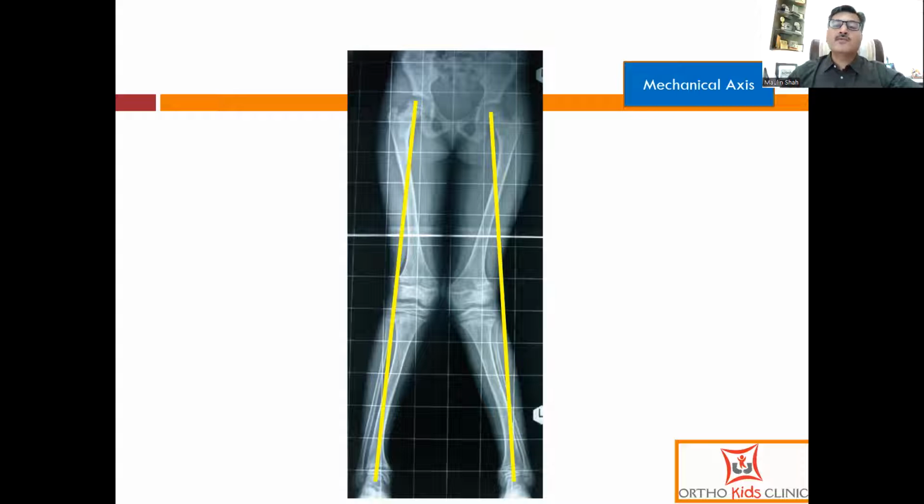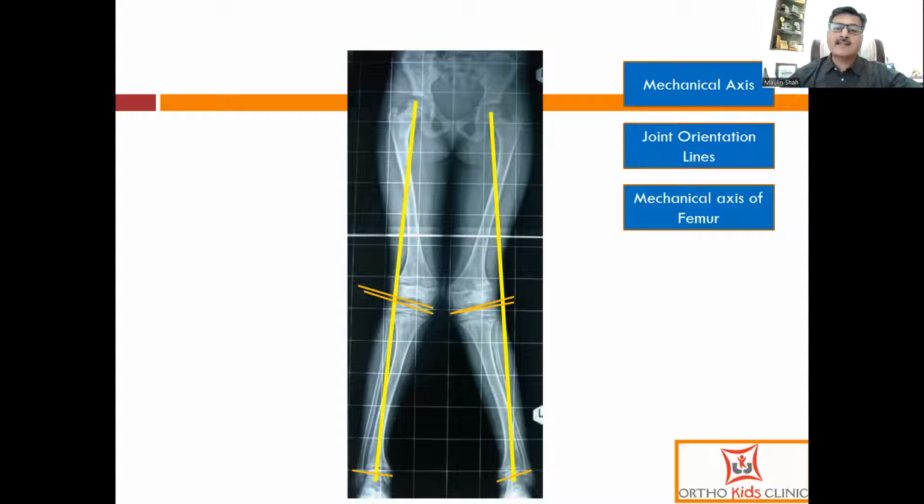The second step is to draw an anatomic axis, or the joint orientation line, which is placed by matching the lines from the distal femoral condyle, the most convex part, and the proximal tibia, the most concave part of the tibial plateau. And then you also draw a line from the articular surface of the distal tibia. So these are the joint orientation lines. The third step is to draw